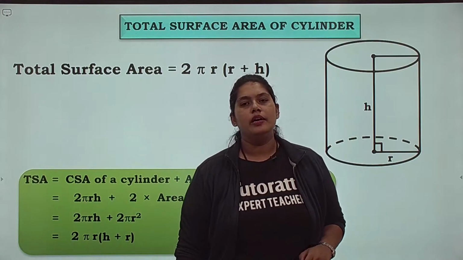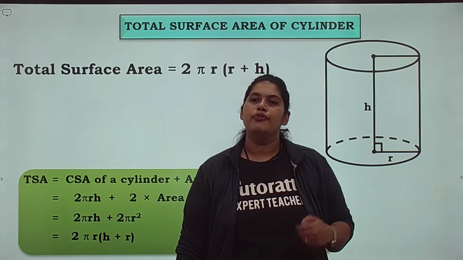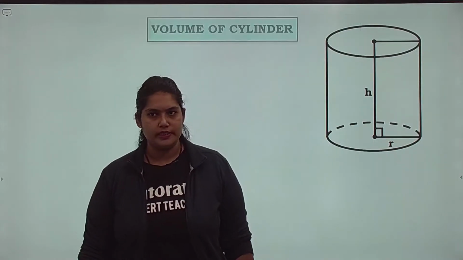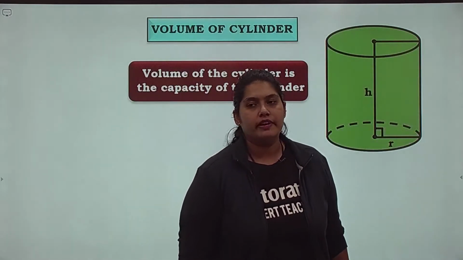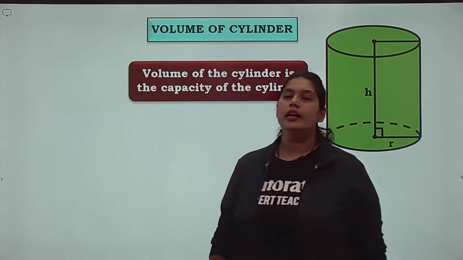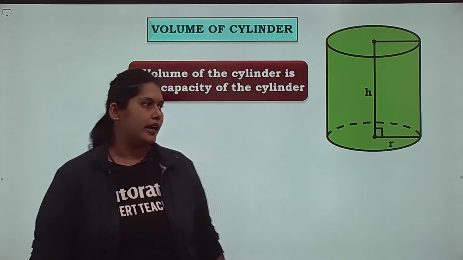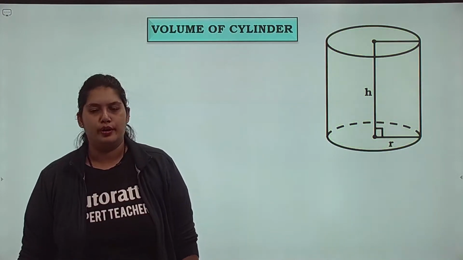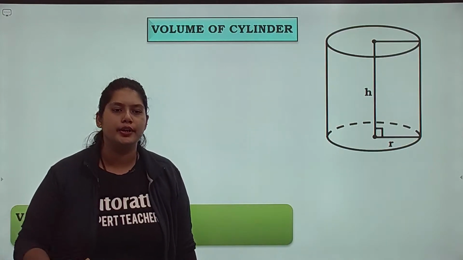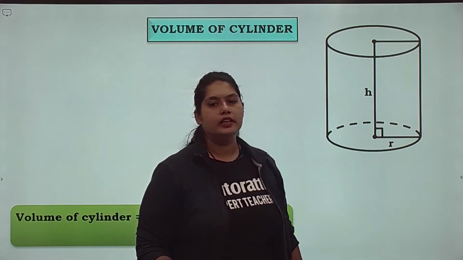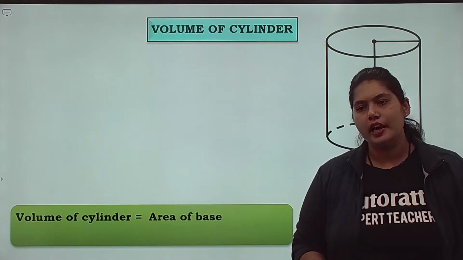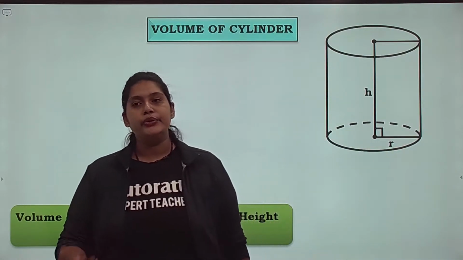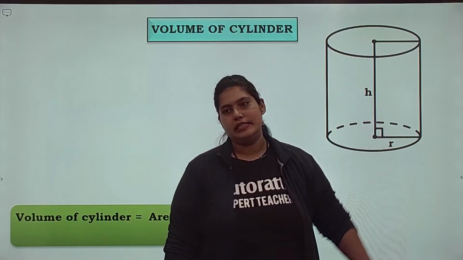Very good. Now let's go ahead and try to solve a few sums based on this concept and find the volume of this cylinder. Fine. So now, when I say volume, again I'm going to talk about the capacity of the cylinder, isn't it? So I know that this is my radius and this is my height. Fine. So what is the volume? Let's understand how much we can fit into this cylinder. Volume of a cylinder is nothing but the area of my base into the height. What is my base? My base is a circle.